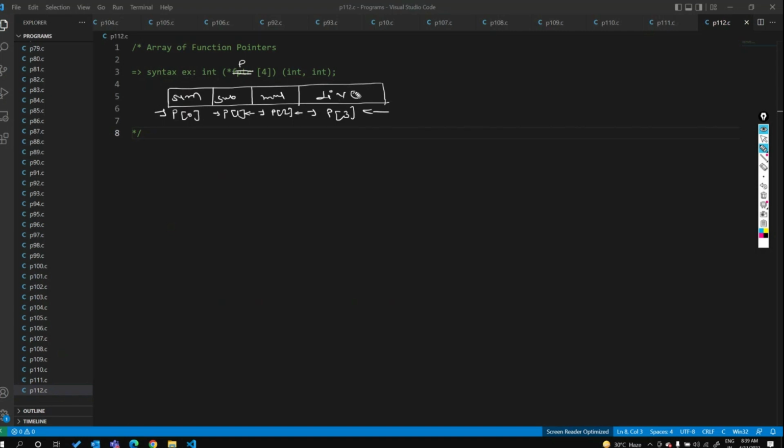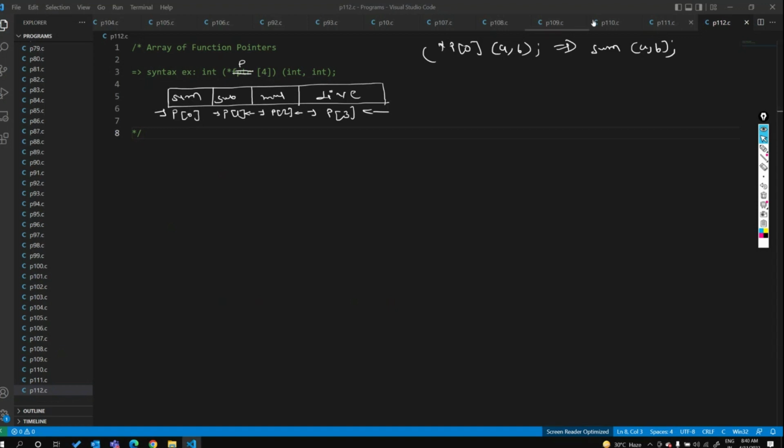So how will it work? Yeah, it is working like this. We are passing the arguments. So I can do it this way: star p of 0, then the arguments, suppose a b. So a b are passed here. This is equivalent to our normal function call, where we call the sum function, then a b. We have seen this already